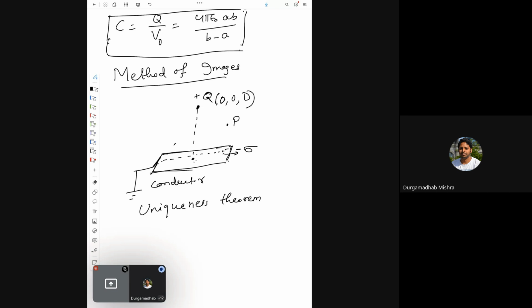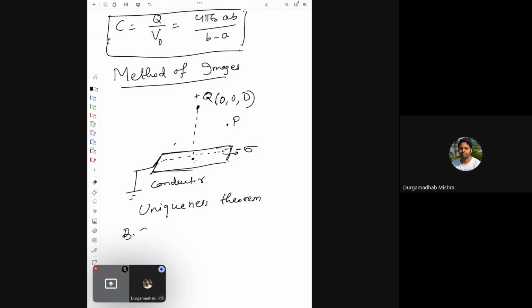So irrespective of looking at the charge distribution or the configuration, what you need to do in the problem is first find out what the boundary conditions are. Now try to guess or find a potential which satisfies the boundary conditions. You can find such a potential. That potential will be unique and it will actually be the potential due to that configuration. So let's say in this problem,